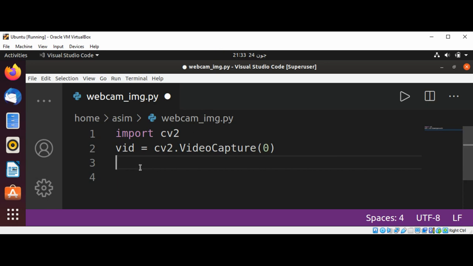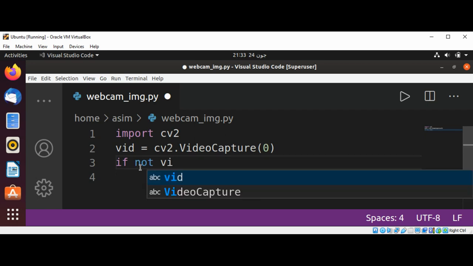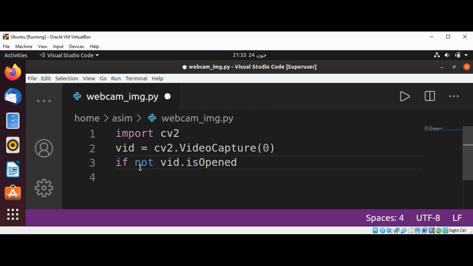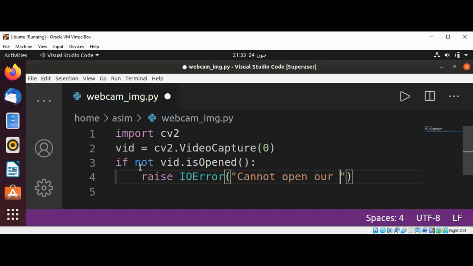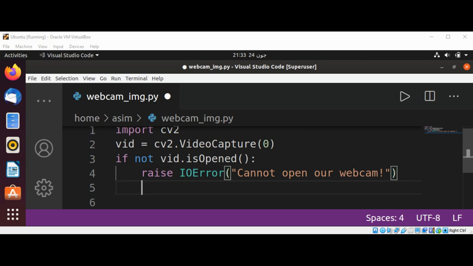We can do that. If not cap.isOpened, meaning we are unable to open our webcam, we can raise IOError, and pass a message: cannot open our webcam. And then